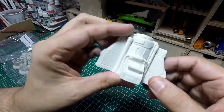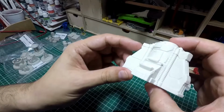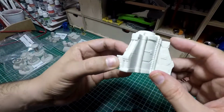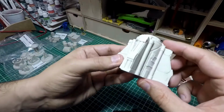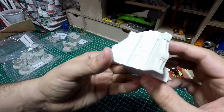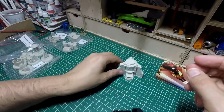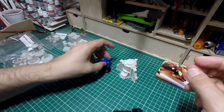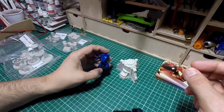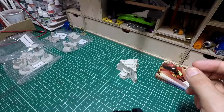So this again would be a great piece. I should say for scaling, it's scaled at around say a 28 to 32 mil, so it's going to work great for your 40Ks, Judge Dredd, Infinity, anything like that of that scale. In fact, if I pop that down there, you can see with a Primaris Space Marine, so it would scale well with something like Imperial Guard or 40K, or if we move to a 28 mil figure